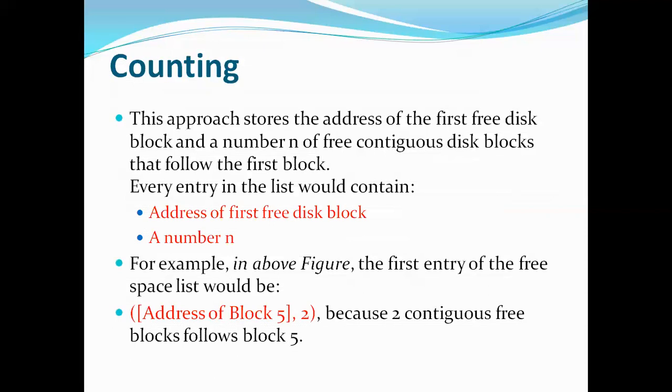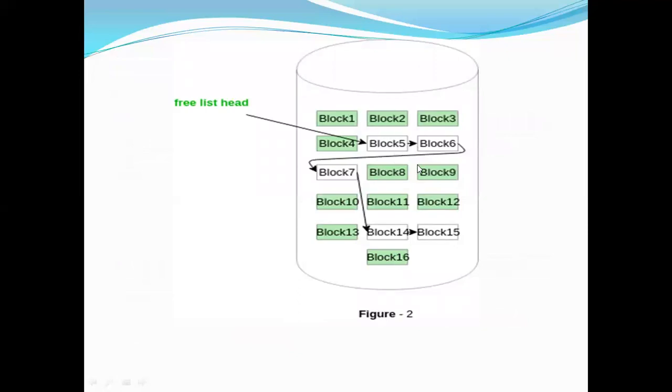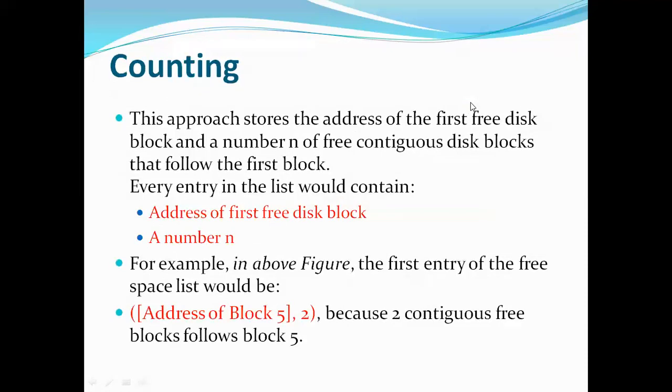Now let's see the definition. This approach stores the address of the first free disk block and a number n of free contiguous disk blocks that follow the first block. Every entry in the list maintains the address of the first free disk block and a number n. I'll show an example here: address of block 5 comma 2. What does address of block 5 mean? That is the first block which is free, comma 2. As I said, 2 means that after 5, 2 blocks are consecutively free. Likewise you can mention others. So this is another method of maintaining free disk blocks. So this is about